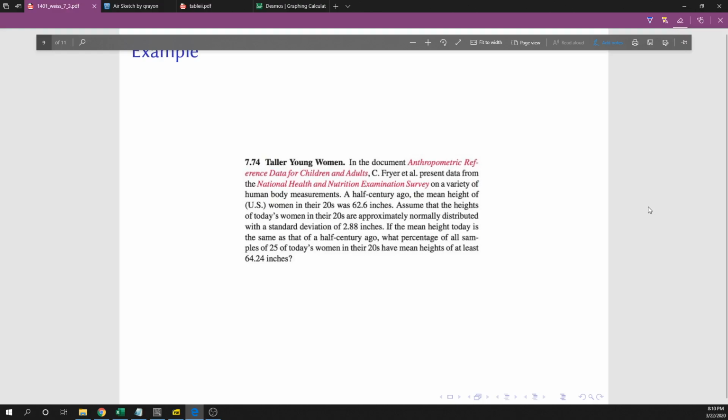Assume that the heights of today's women in their 20s are approximately normally distributed with a standard deviation of 2.88 inches. If the mean height today is the same as that of a half century ago, what percentage of all samples of 25 of today's women in their 20s have mean heights of at least 64.24 inches? Okay, so